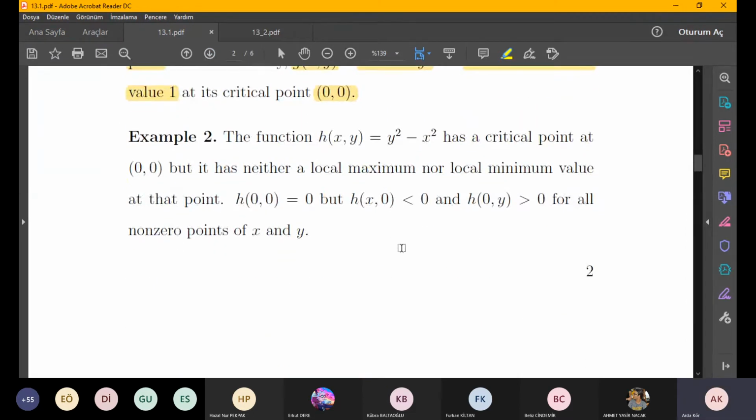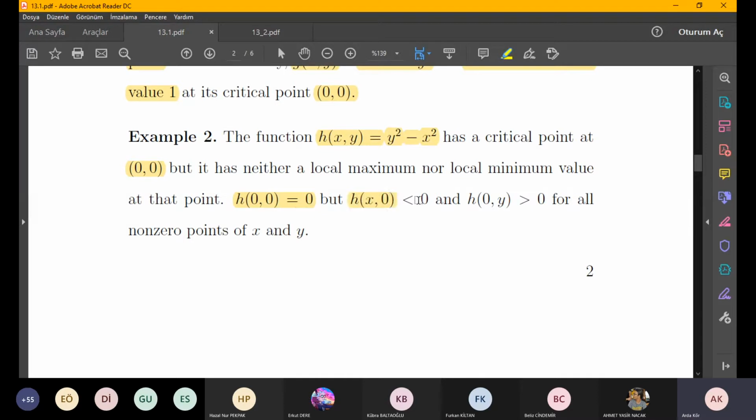And here we have one more example. The function is y squared minus x squared. And again, if you get the gradient vector of h, you can see that it is minus 2x i plus 2y j. And again, for this function, also the origin is a critical point. But as you can see, at origin, h gets 0, so h(0,0) is 0, but